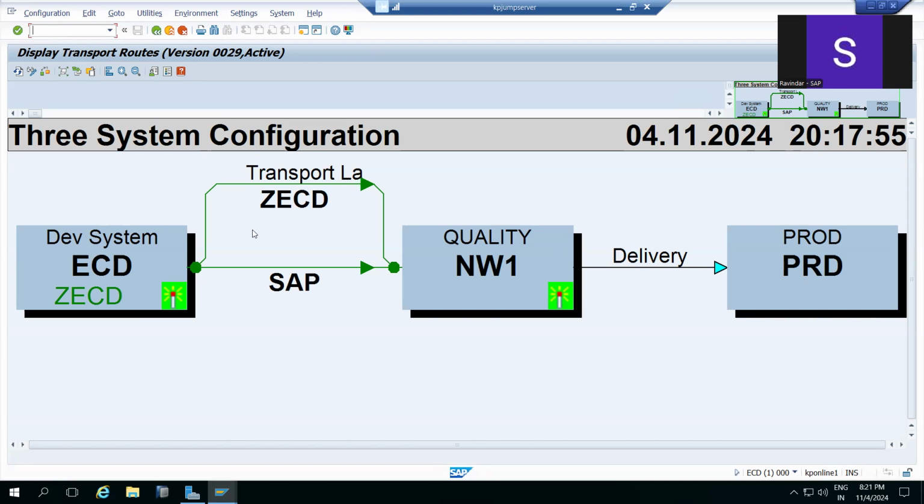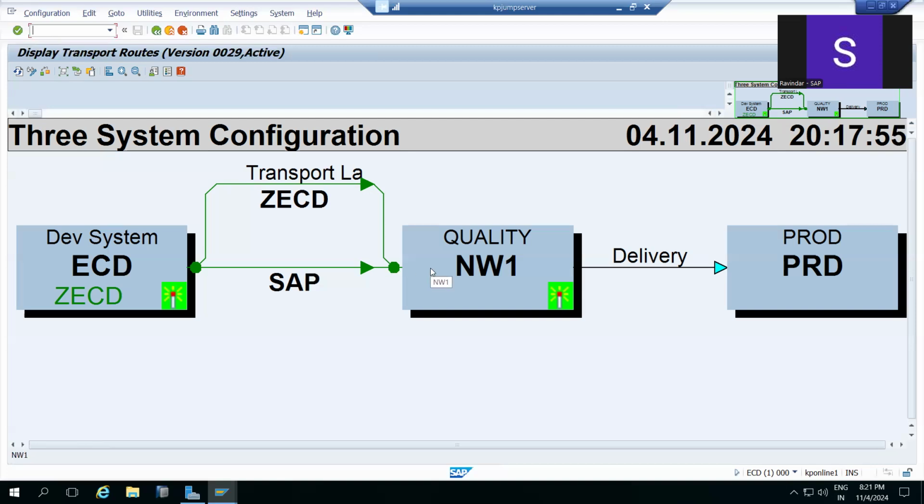Okay, so this is the way we can make the route between development to quality, which is the consolidation route, then quality to production, which is called the delivery route. So there are two types of layers and two types of routes. Layers means the lane via which objects will move. Suppose you developed a customized object, then the object will go via this lane up to here.